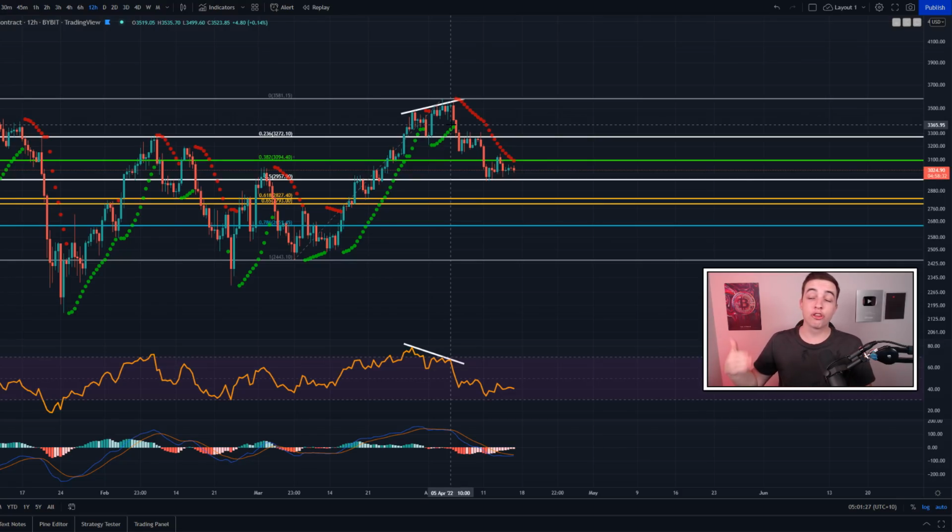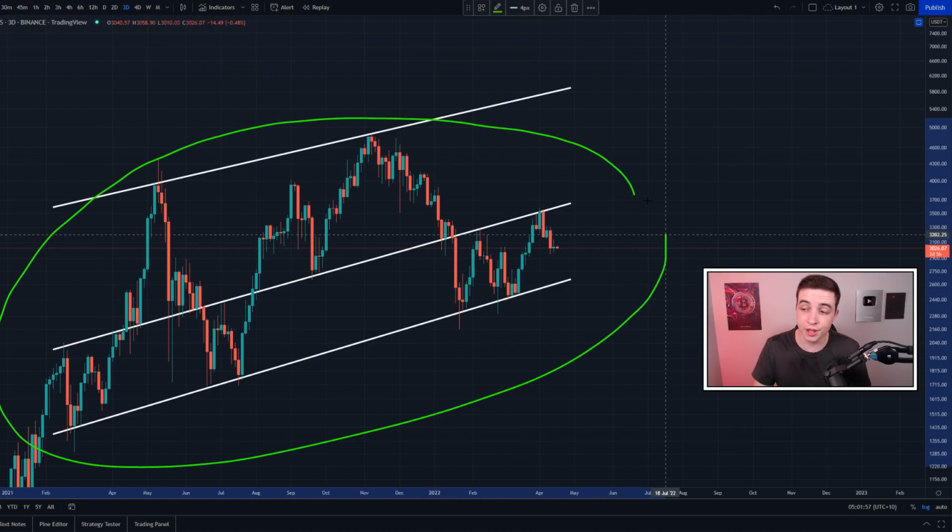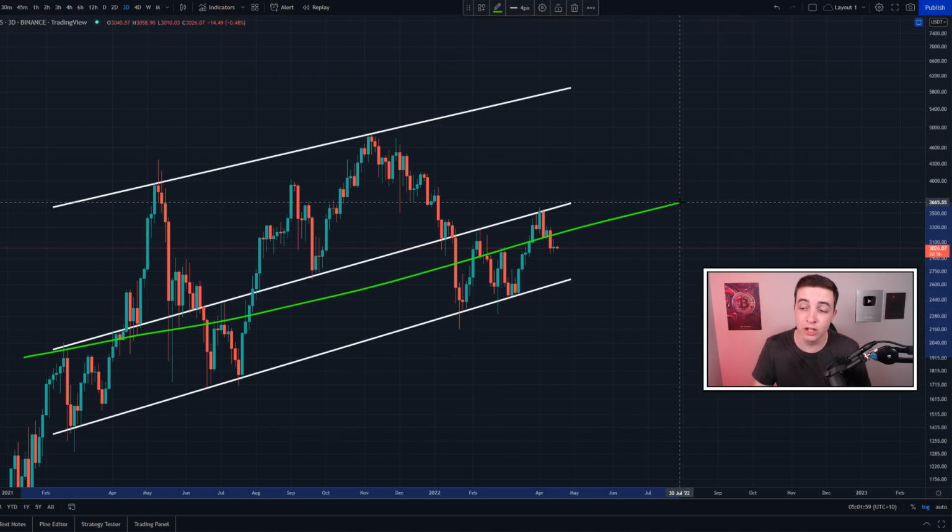So as of right now, the shorter term trend on the 12-hour time frame is technically still a bearish trend. We have not confirmed a bullish reversal, and that is only this price movement just here on the 3-day time frame. So you can see why I'm calling this just a shorter term bearish trend, like these previous short-term bearish trends we've seen over the past couple months. But in terms of the larger trend on the 3-day time frame, this still remains a bullish trend while we're above around 2,500.